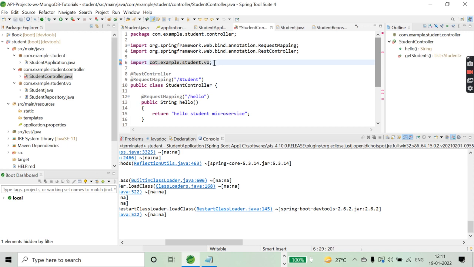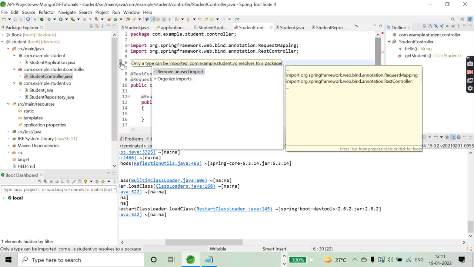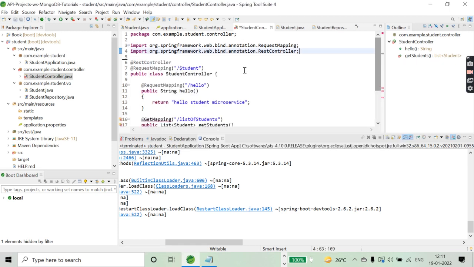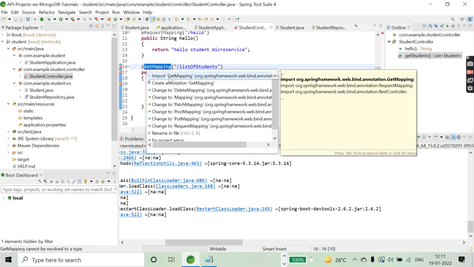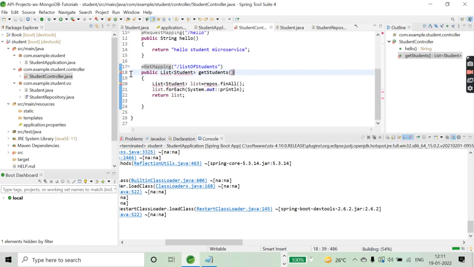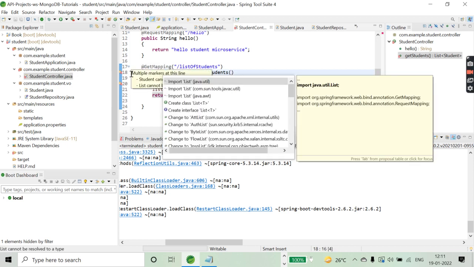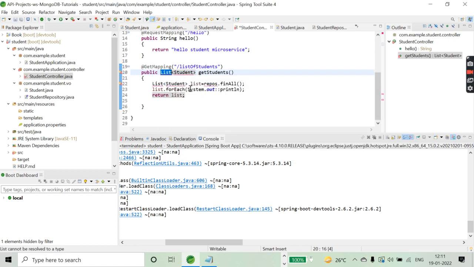Vivo is small only, like this. So this one is an unused import. Okay, we'll see @GetMapping, list of students, and this Student we need to import automatically. This is a util type. List should be a util type, and next